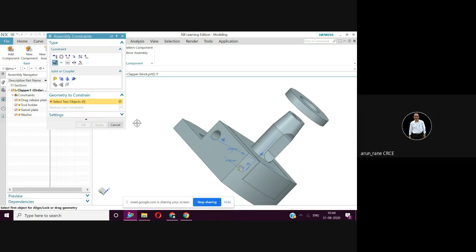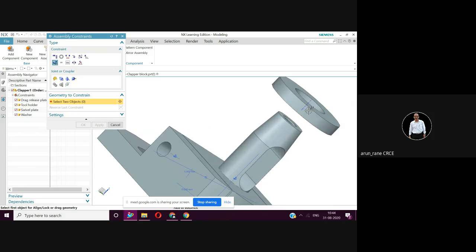So we'll now select two objects. The first operation is always on the component which is going to be added. You place your mouse, you can read facing washer, as well as you can see the axis, that is the center line, the blue color. I zoom in, you can see the center line. So that means you are sure it is facing washer. Click it. The moment you click, the selection happens, it will turn orange and this one will appear in the bracket. That means you have selected one object.